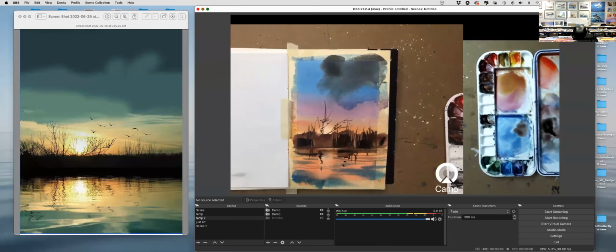And what I want to do is add a little more blue, and I'm going to mix that brown color with my blue color. And I'm just going to add a few little dark